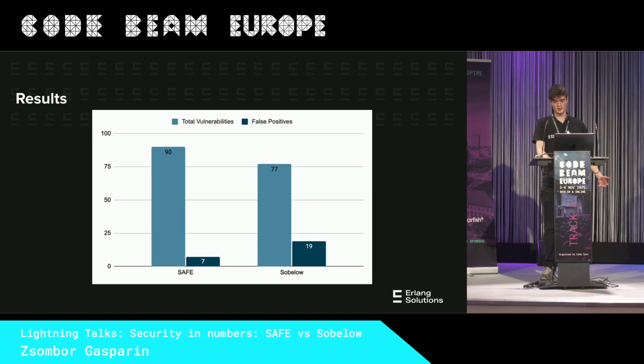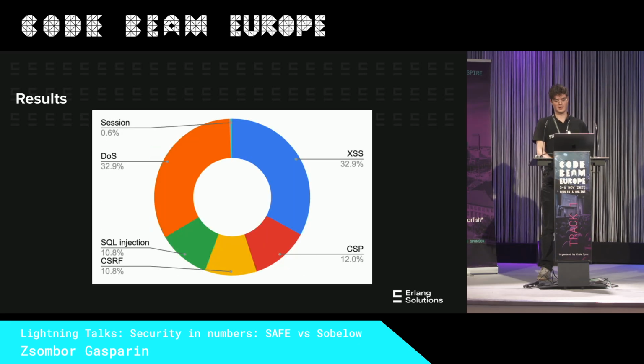Both tools actually found many potential vulnerabilities. Safe found 90 of them, and Sobelow found 77. Then we filtered these vulnerabilities by hand, and we found false positives. We found 7 in Safe's results and 19 in Sobelow's results. If you check the vulnerability categories, we can see that most of these vulnerabilities are either denial of service or